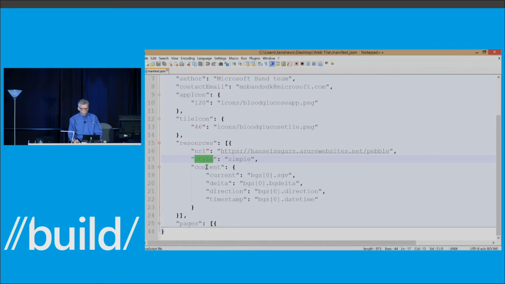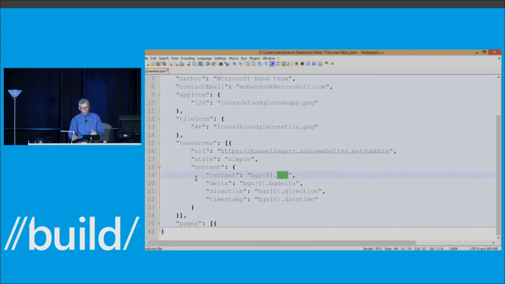But we envision a number of different styles to make it really, really easy to deal with common internet content scenarios. So the next thing we want to do is reach in and just pluck out the fields of that data that we're interested in. What we're going to do is set up a binding from a name that we can use internally here in the manifest to an actual path into the content. So here we're just creating a JSON style expression. There's a top level object BGS, there's an array, and then this SGV field is what's going to give us the current reading out of there. Similarly for the other fields here, there's a timestamp that will tell us when this reading was collected. So this gives us the information that we need to populate our tile.